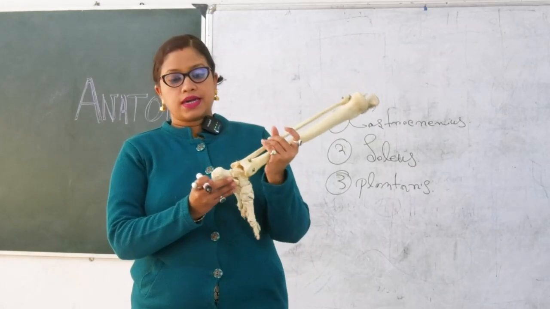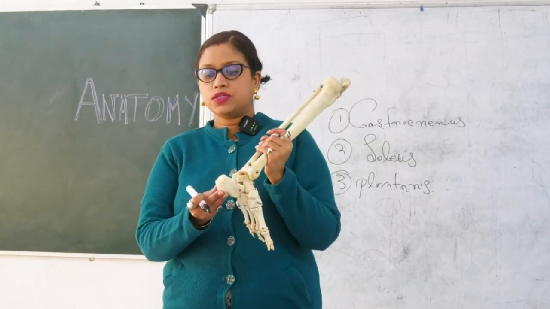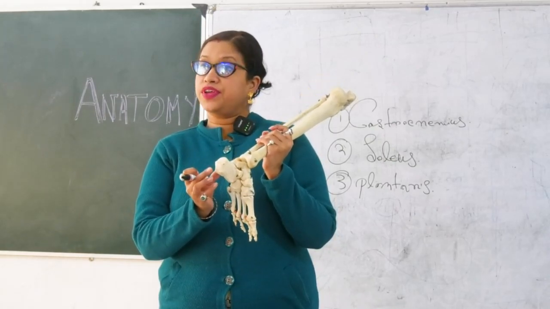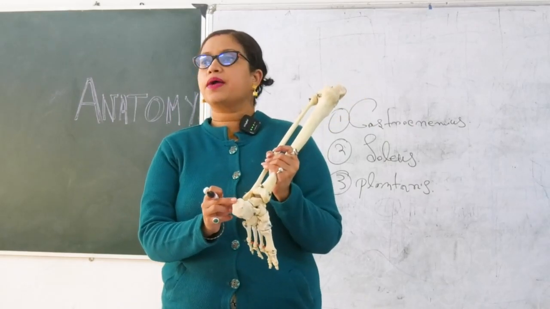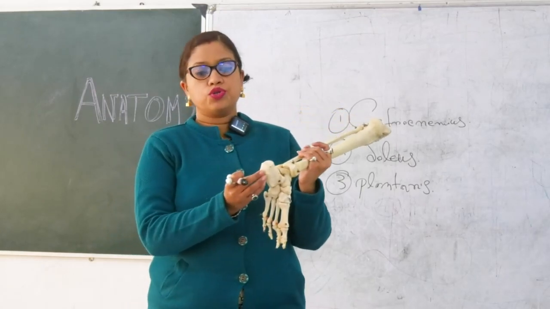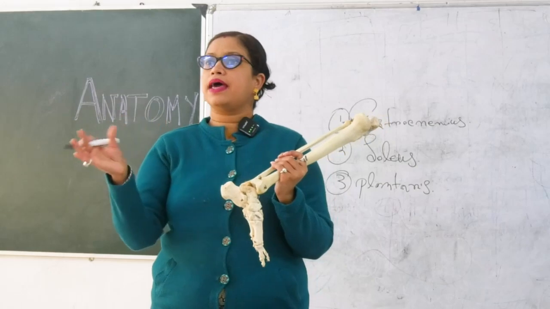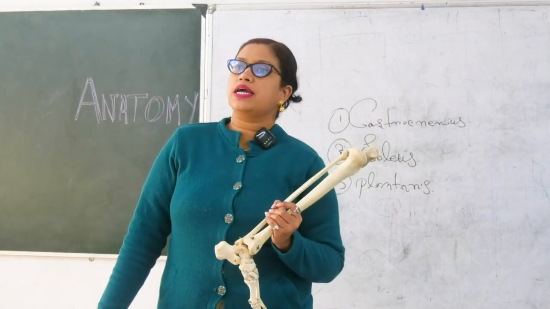Where does it get inserted? Which part of the calcaneus? The posterior surface, the inferior area, right? If you remember the calcaneum, the superior part, there is presence of fibrofatty tissue. Okay, so it would be inserted over here. Both this gastrocnemius and the posterior part of the soleus. This is known as triceps surae.